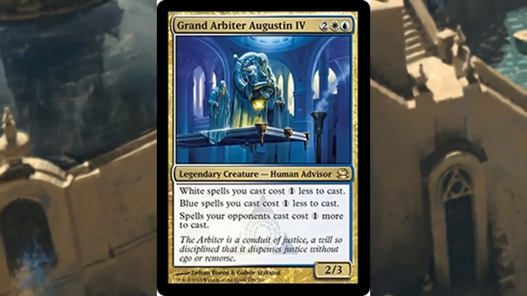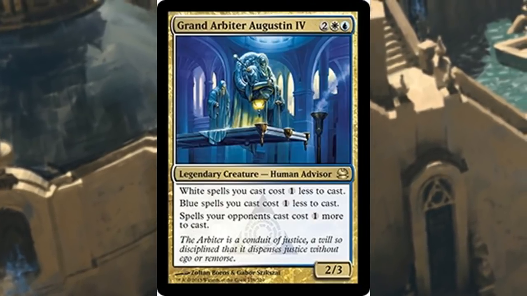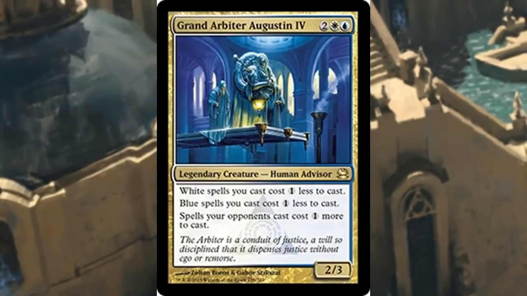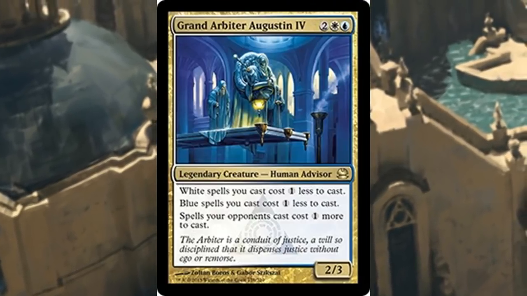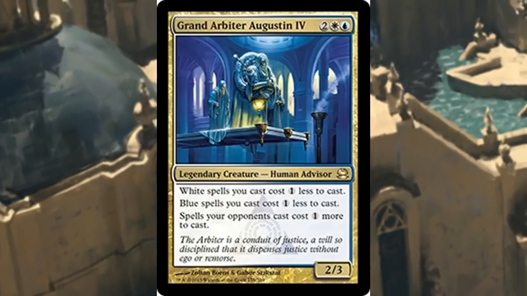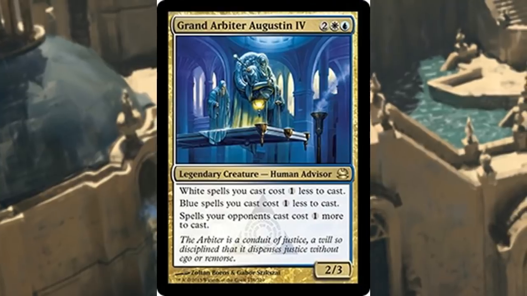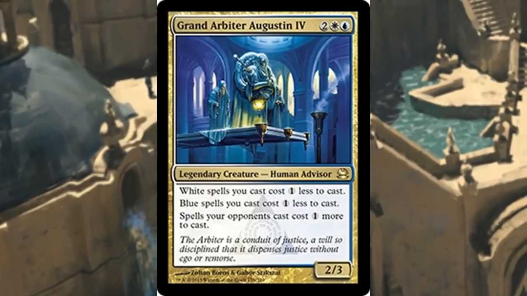I just don't really think he's that enjoyable to play with or against, but we can make the deck a little bit more political. Not so much just about the oppression, but the deck is still incredibly oppressive. That's what the whole theme is. If you're not going to build around taxing your opponents for spells or attacking with creatures, then you're not playing Grand Arbiter right. So if you don't know who Grand Arbiter Augustin is, he's a 4 mana in Azorius colors